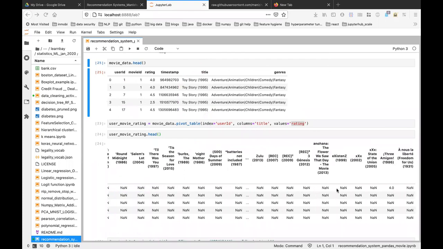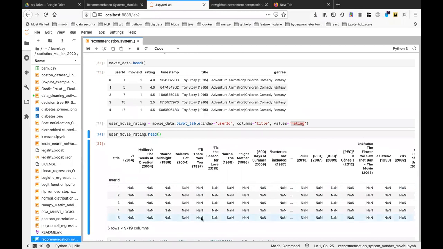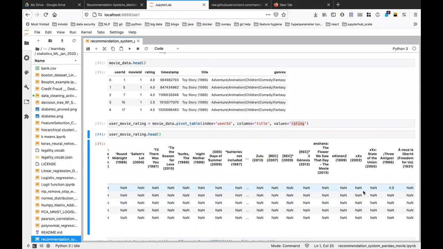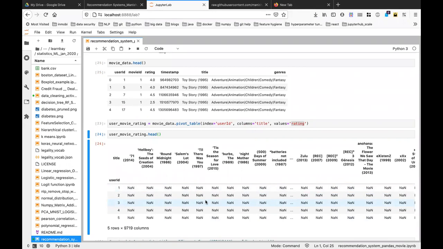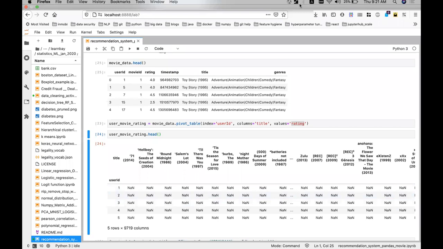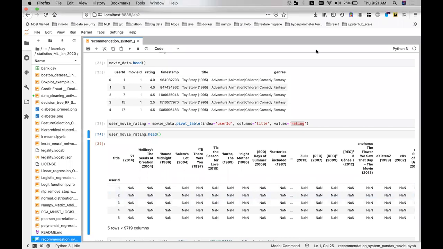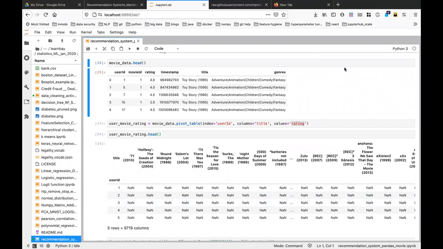So user 1 has watched the movie Three Amigos and has rated 4.2. It makes sense, right? People don't watch all the movies that are present in the world, right? So what we have to do is basically give the rating wherever they already watched. Everywhere else, to all the other movies, you're going to give rating as NaN. So how many people understood this? And do you guys have any questions? Pivot is kind of important, guys. Even if you're using Excel or, what do you call this one, data science, I mean, like pandas.